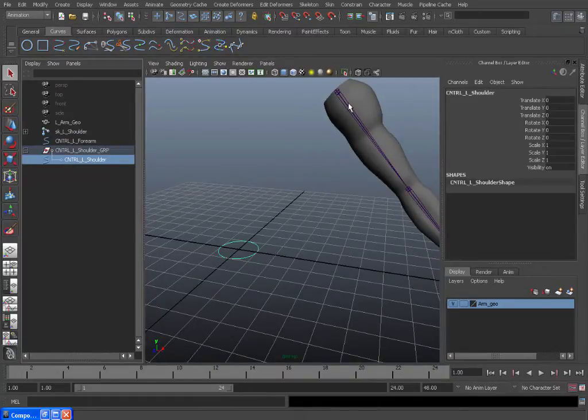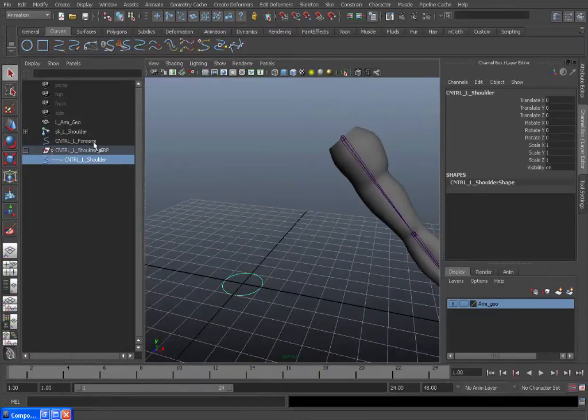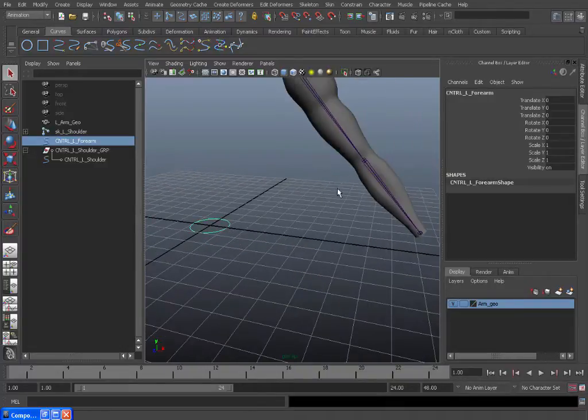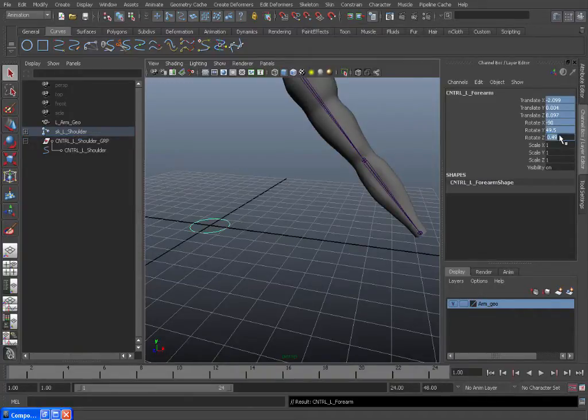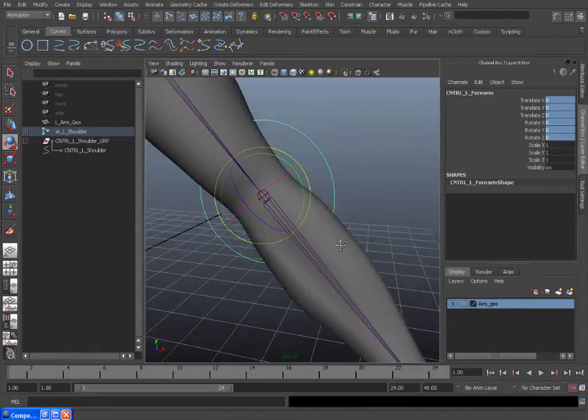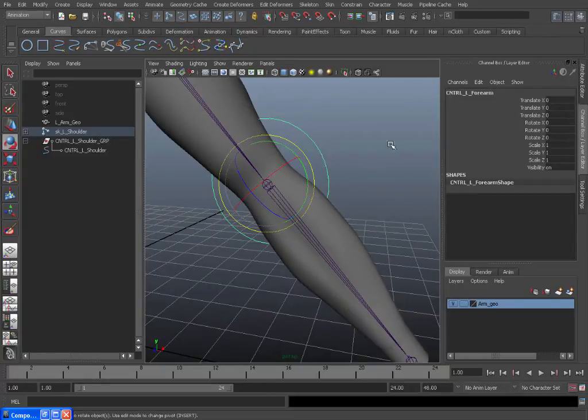control to the joint. Because for example, if we were to use the forearm here as an example, if we were to parent this by selecting the forearm joint, hitting P, then zeroing out the values to snap it, you can see that the orientation is the exact same as the joint. But the problem with this is we can't just